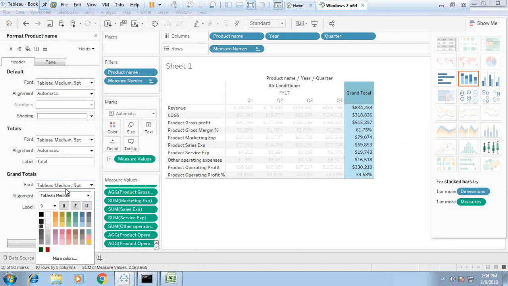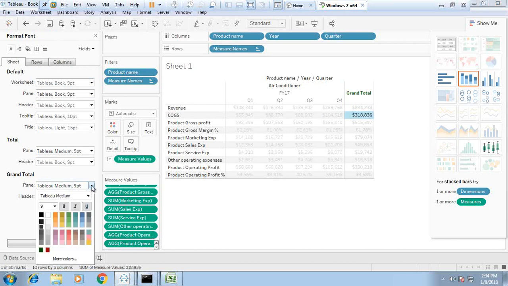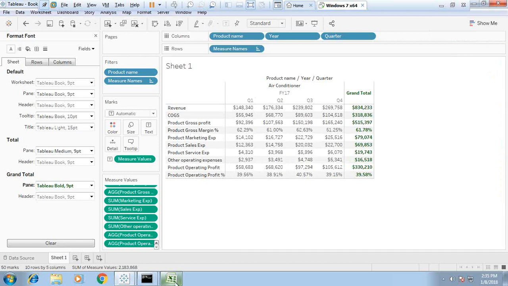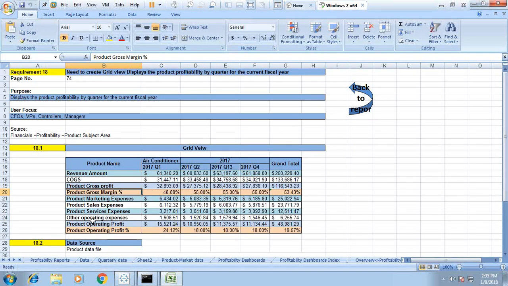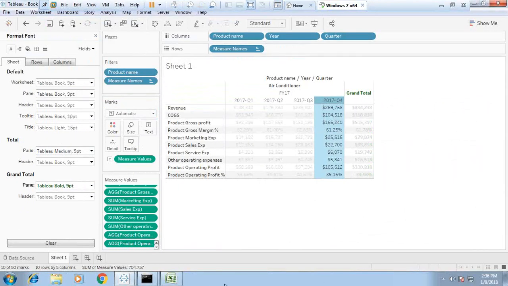So I set the format, and I would be using the Tableau bold as the default font, and I consider it as green. And this also I'm going to format, grand total Tableau bold, and consider it as green. So we got the total, and the rest of the formatting can be done. For example, formatting can be done on product gross margin, like we have highlighted here the product gross margin and the product operating profit, so we can highlight it. So that's our complete report as per the requirement,